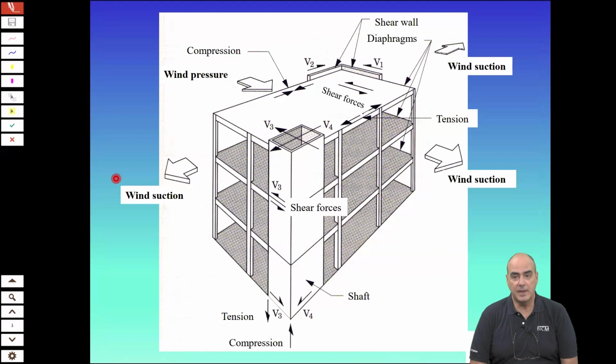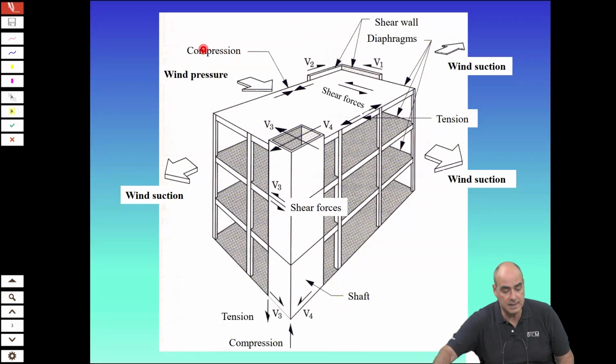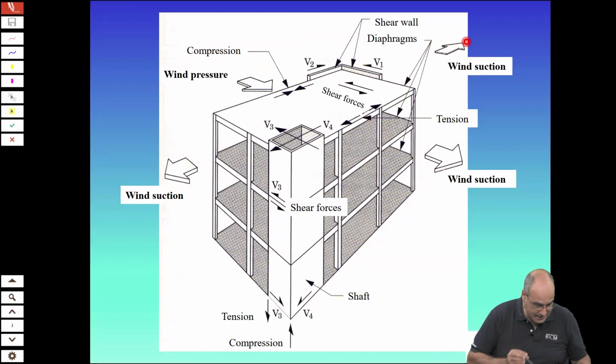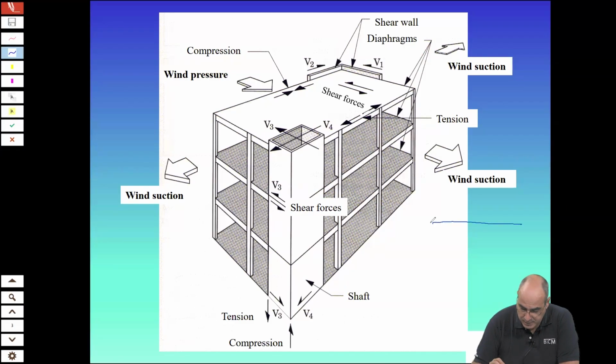Okay, so for example, let us imagine, we already showed this figure, that we have to provide our structure, our building, the capacity to resist wind loads. And wind loads are a pressure here, and here suction forces. As I said, the suction is because when